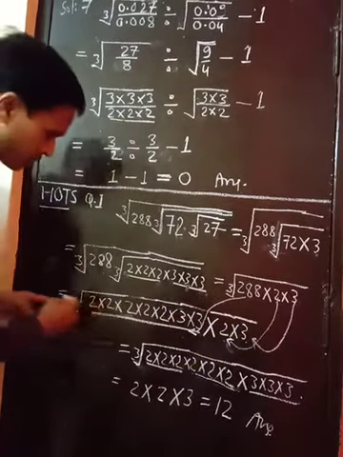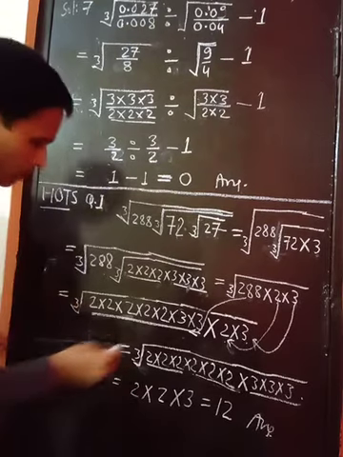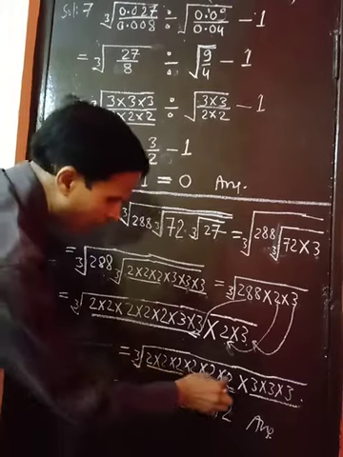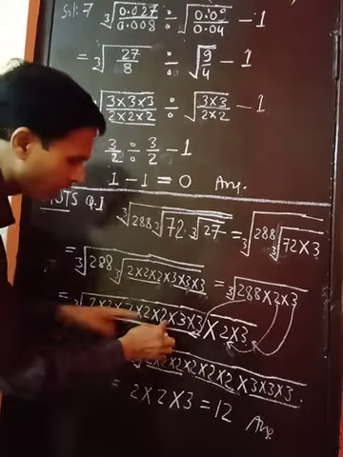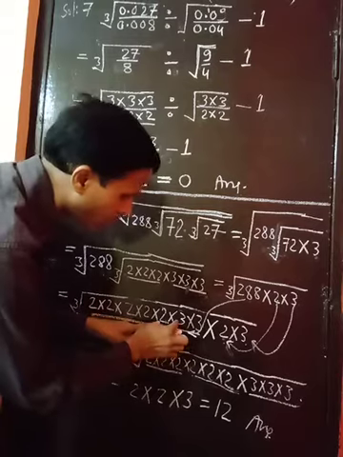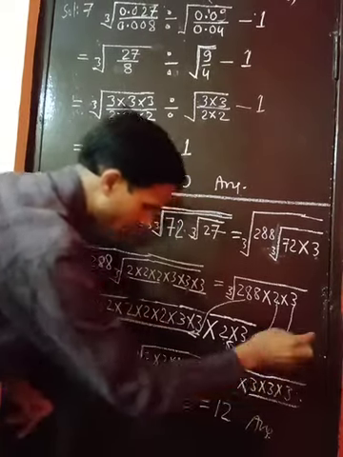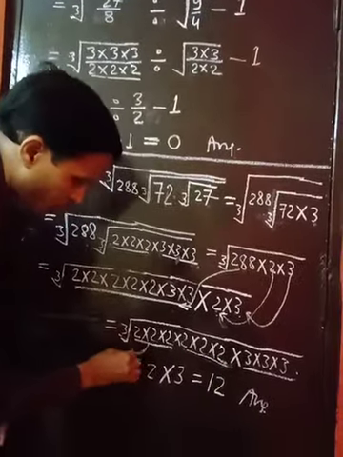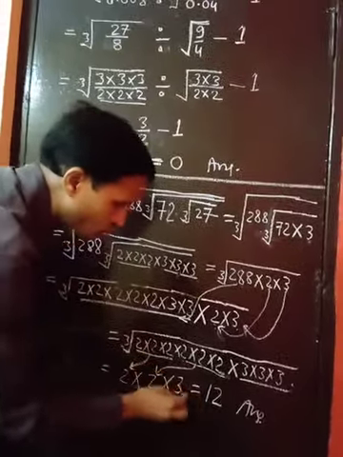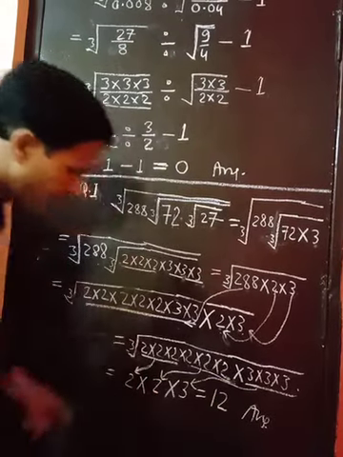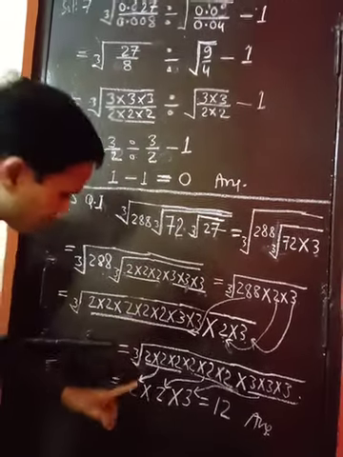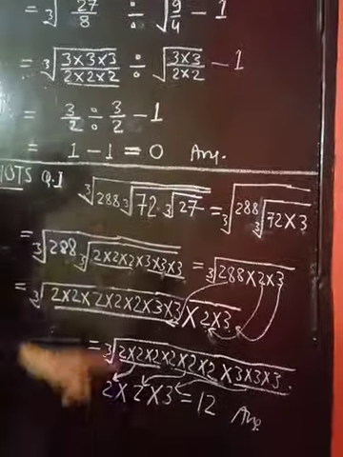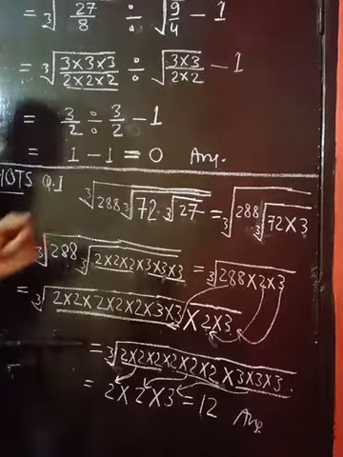So now we will rearrange because we have to find the cube root. After rearranging, I am writing all the 2's together. So 1 2 3 4 5 6, six 2's. And how many 3's are there? 1 2 3. So from six 2's there will be 2 groups of 2. So I have written this group from here 1 2, this 1 2, and from this group of 3's, 1 3. So we can see our answer is 2 multiplied by 2 multiplied by 3, which means 12. So this is the answer to this question, and this is a very interesting question.